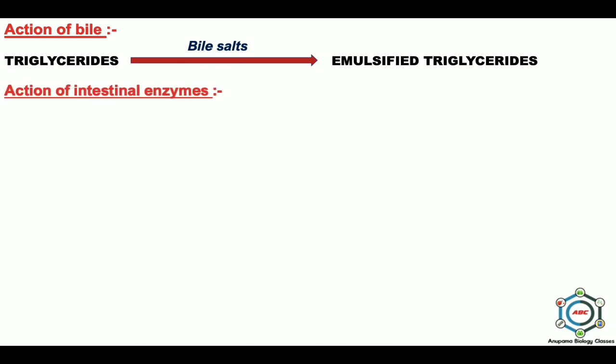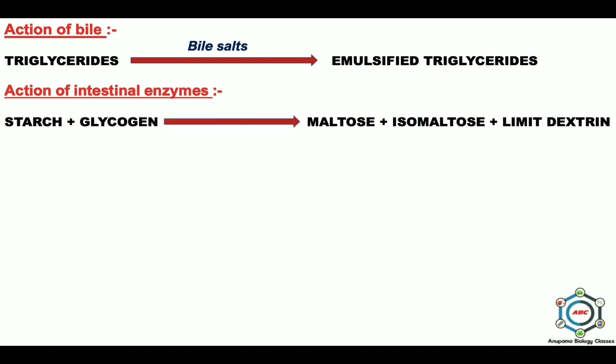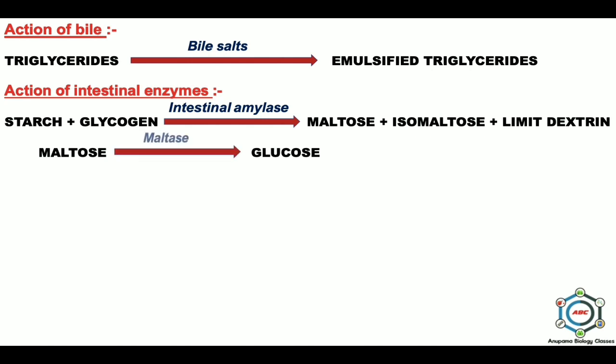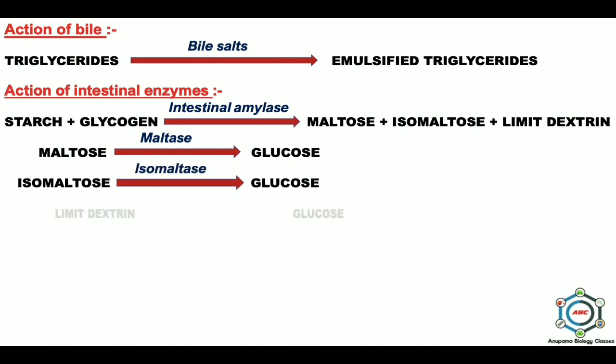And the last one is the action of intestinal enzymes. Intestinal juice contains carbohydrases, 2 proteases, a non-digestive enzyme enterokinase, intestinal lipase, nucleic acid digestive enzymes, mucus, bicarbonates, and water. So first the starch and glycogen are converted into the maltose, isomaltose, and limit dextrin with the help of intestinal amylase. After that, the maltose is converted into the glucose by maltase,